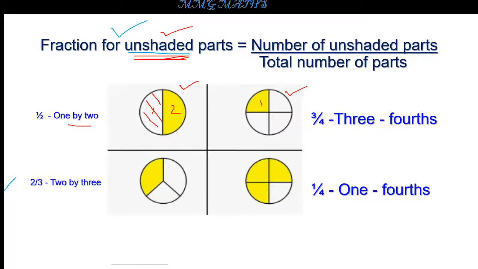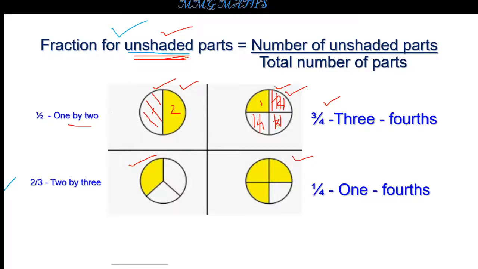Now here children, again this circle is divided into 4 equal parts. Earlier it was divided in 2 equal parts, here it is divided in 4 equal parts, and here you have to write the fraction for the unshaded part. So this one is the unshaded part, means जहाँ पे yellow color नहीं है. So 1, 2 and this one 3, so 3 by 4 will be your fraction. Same like that you have to do this one also and this one also.